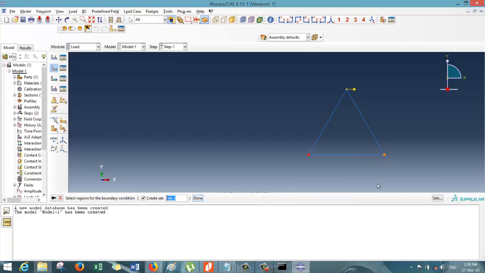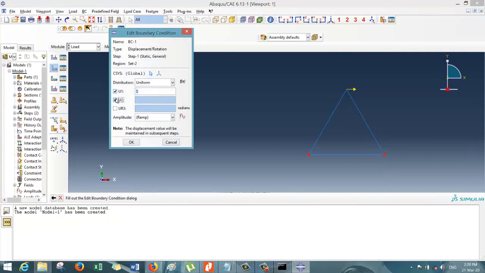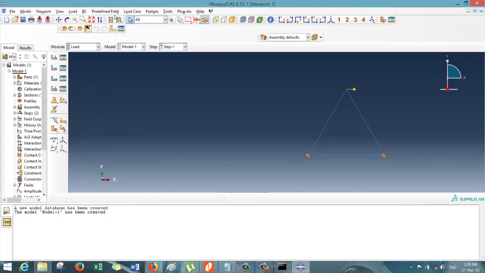Select the points. Click on done. U1 and U2 are arrested. The rotation is free. So click OK. So now you can see that the boundary conditions for this truss problem is completed.